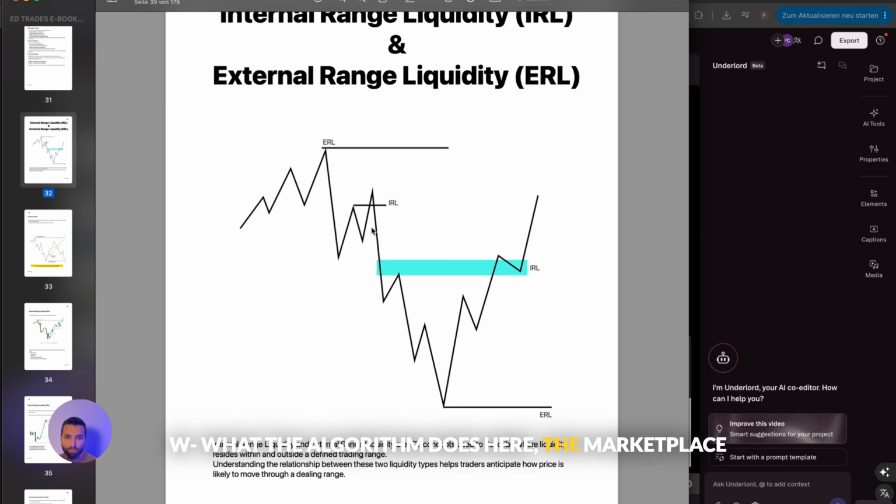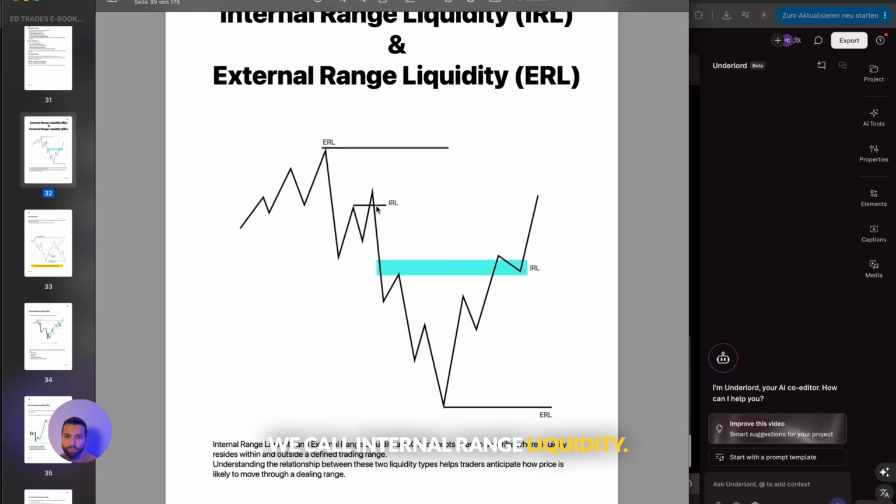What the algorithm does here, the marketplace is basically building their sell positions by pairing them with the buy stops, by pairing them with the counterparties who are basically buying here. Buying by way of either closing their sell positions or activating buy stops. That's why this high is being run and it's being liquidated. And then from there, what we're seeing is once this liquidity pool is being run through, we see a dynamic, aggressive response from there. Because this is a sub-range, right, under this whole range,